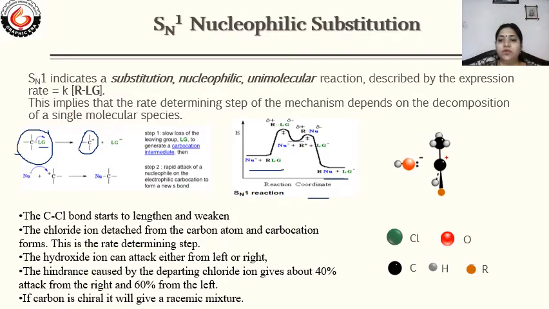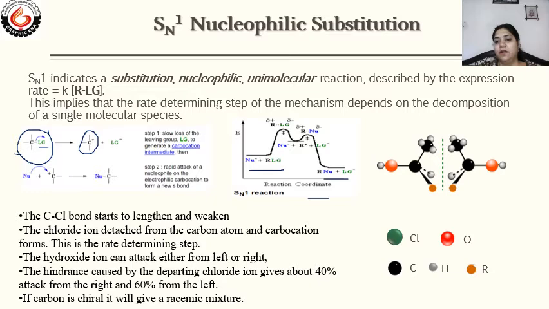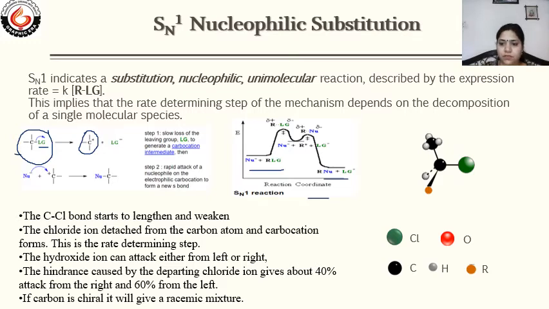give two different isomers. Like here in this animation, first a carbocation is formed when the leaving group is detached from it. After that, the OH group can approach from either side and it will give two different types of isomer formation. The isomer may be D or L type and the final product will be a racemic mixture.